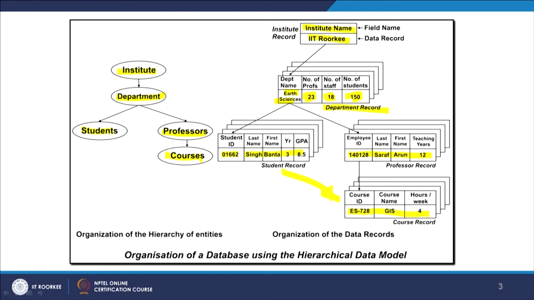Now, in this model, you might have realized that there is no direct link between the courses and the students, and also there is no possibility of offering students some elective courses of other departments which may be interesting or useful for them. So, in this kind of model, that kind of information is very difficult to maintain or store. If we move to a different model, then obviously there will be some possibilities.